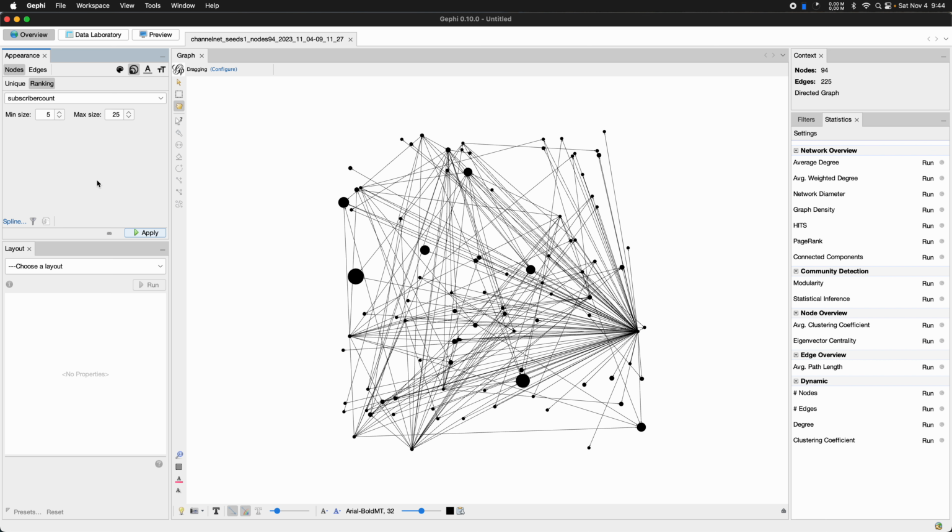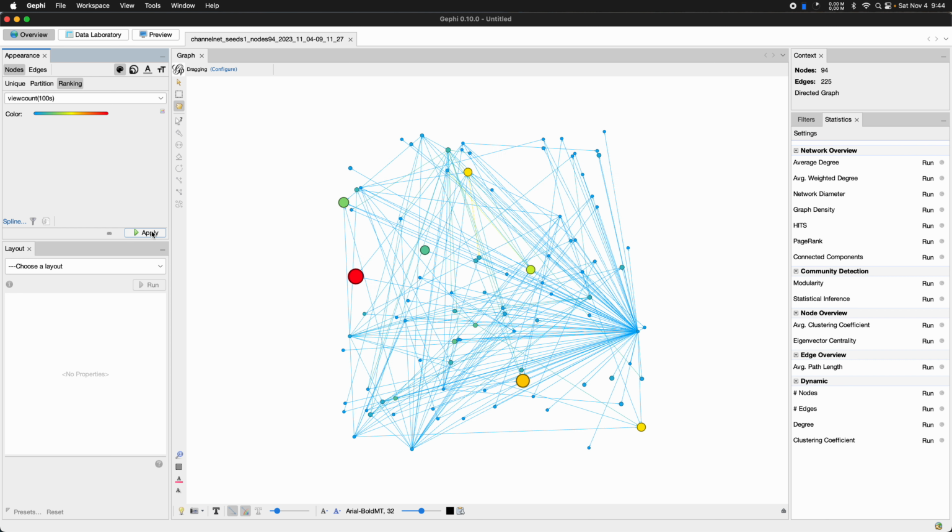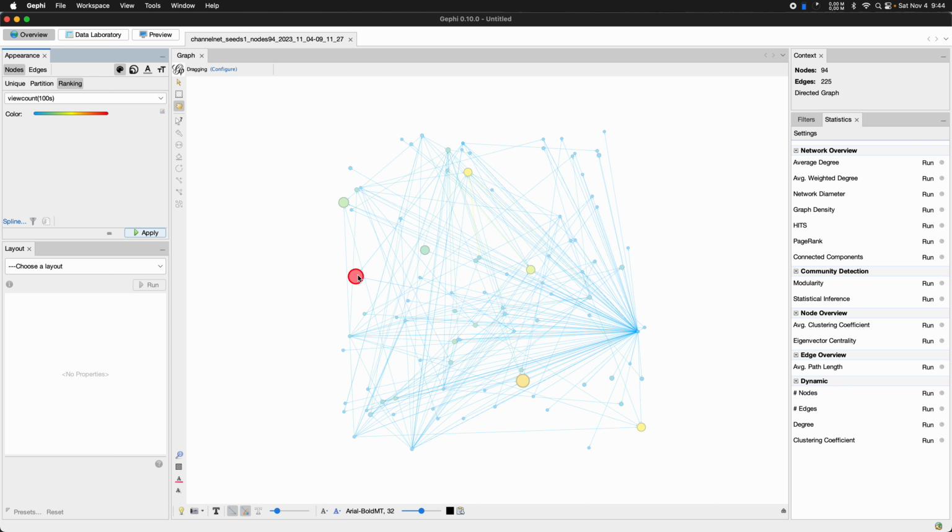I can also use the appearance pane to change the color of the nodes, and it works quite similarly. I could, for example, go to ranking here, and these are numerical attributes, and I could say, okay, let's look at the view count for color, and I really like this heat scale that goes from blue to yellow to red. And I could add that, and unsurprisingly, the channels with more subscribers, the bigger channels, also have